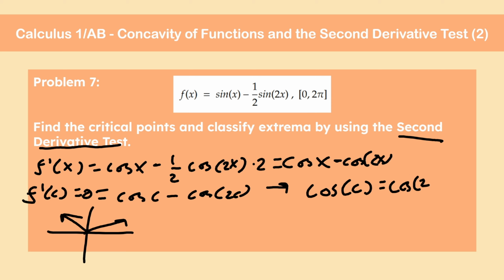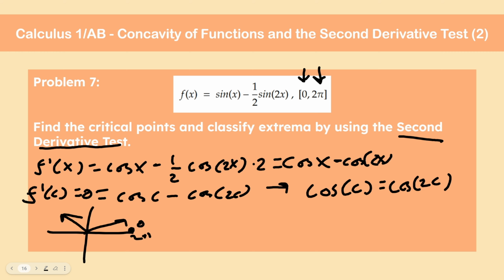So the first value that comes to mind is 0, because cosine of 0 is 1 and cosine of 2 times 0 is 1. But that's on the boundary, and so is 2 pi. Cosine 2 pi is 1, and cosine 4 pi is also 1. So these 2 points already exist. So we have to look within the interval